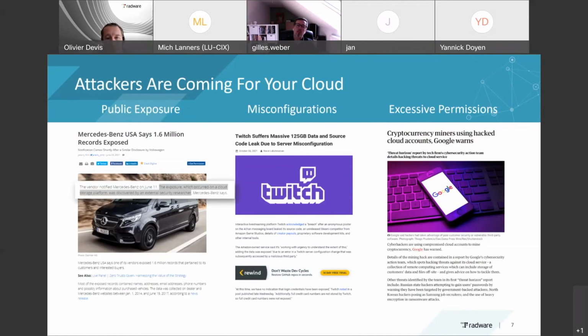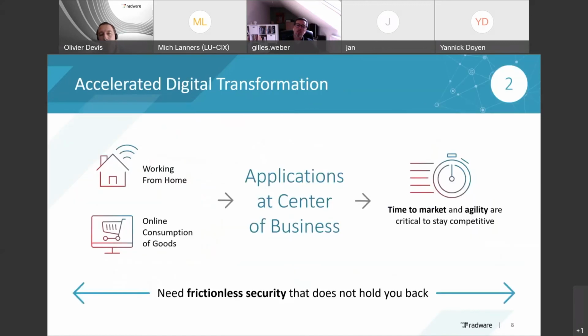And what we see is the digital transformation, the working from home, the online consumption of goods. If I would ask any of you, did you work more from home? Probably the answer is yes. And did you shop more from home? Most people would say yes. So we see that applications become the center of the business, and companies are moving towards that. Even companies that previously said, now that COVID is done, we're going to go back to the office,